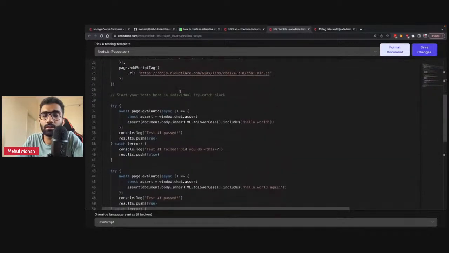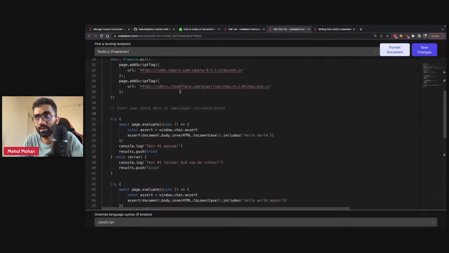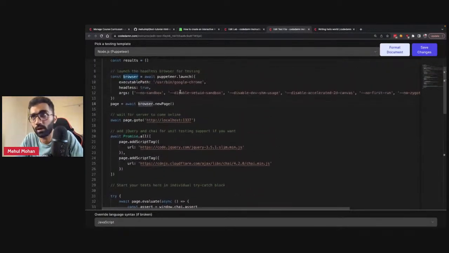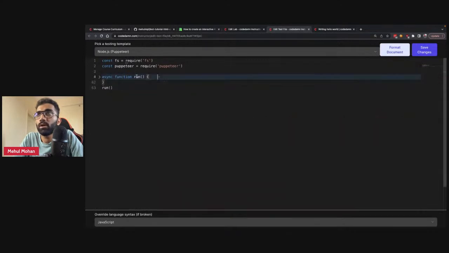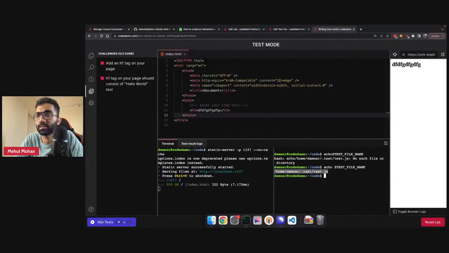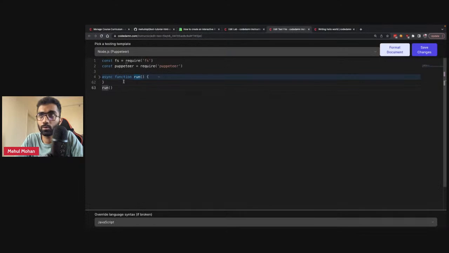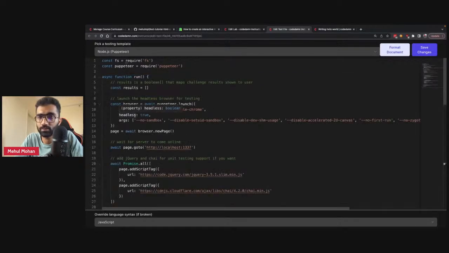So you see this file is a little bit complex, right? It's not simple, but let's take a look at this one by one. We have a function run and we just run it. It's a simple script. So whenever someone clicks on, let's say, the run test button, Node runs a particular script. Which script? This particular script over here, right? We run this particular code and something happens. Now, what happens is this particular function runs, right?